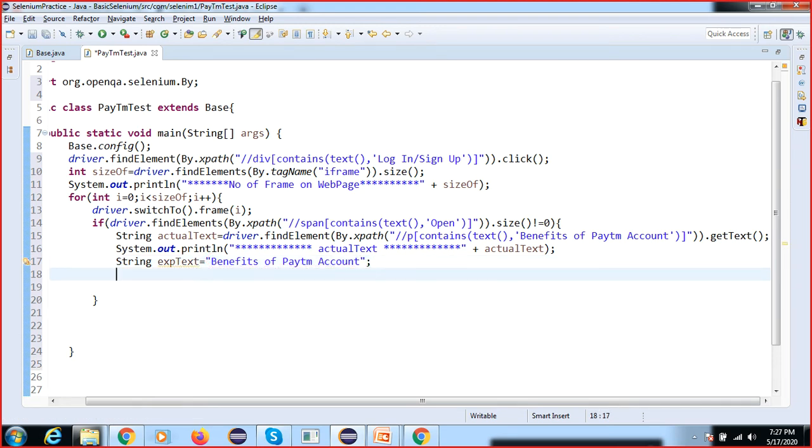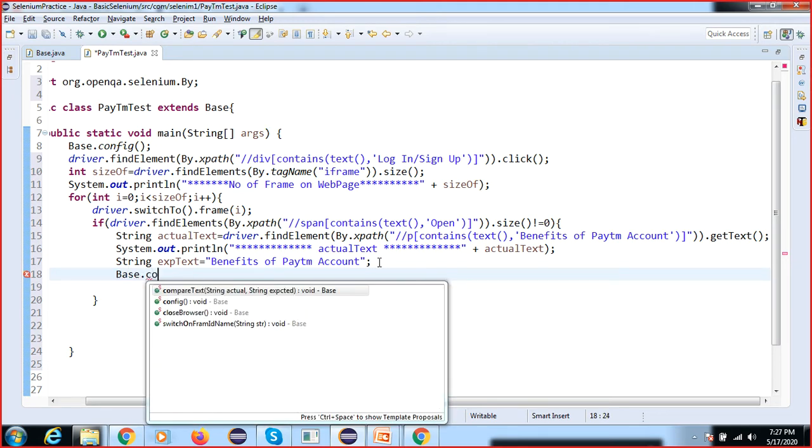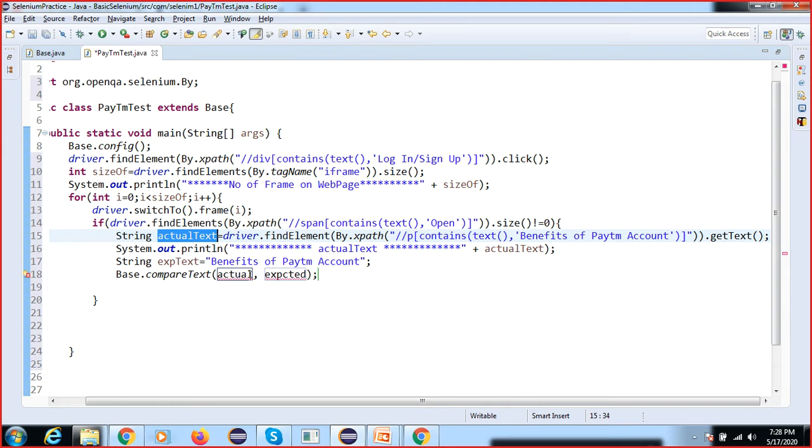So now we have one method call, right? We have created one method. I don't know if it is in the system or not. Compare, yes, it is there. Compare text. If you are not doing practice, you will have many doubts about how compare text is coming.